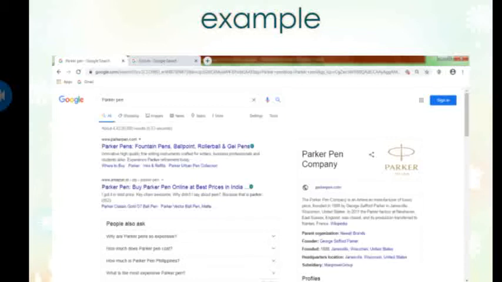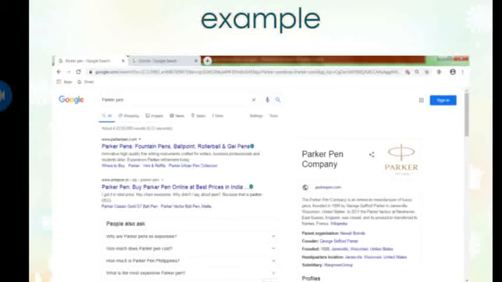So when I type Parker pen in Google and press enter, it displays multiple results. Now have you ever thought how it displays results by ranking them, meaning what will display on the first rank and what on the second rank? It is just because of search engine optimization. Most of the people try to access the website which appears on the first rank.